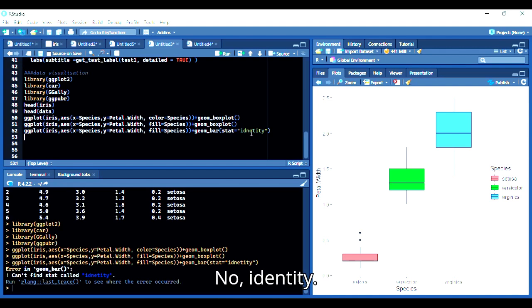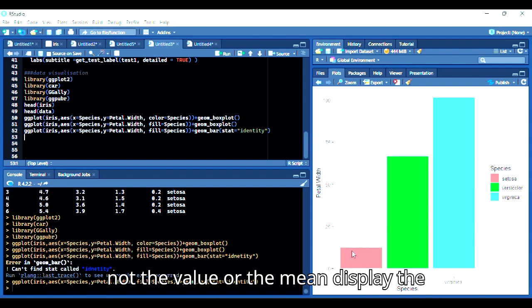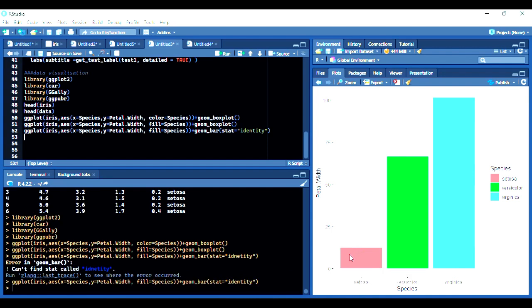No, identity, my bad. So this bar plot displays